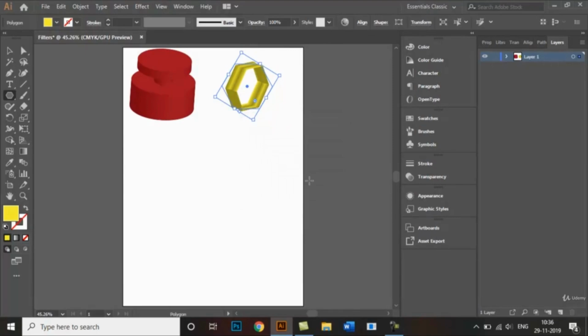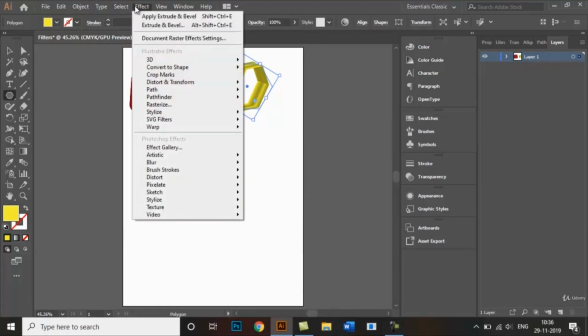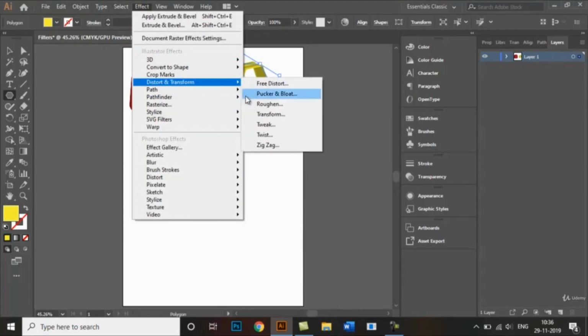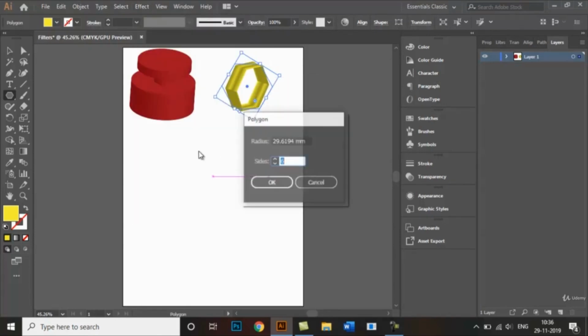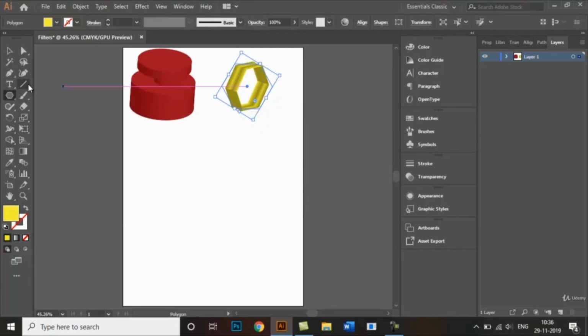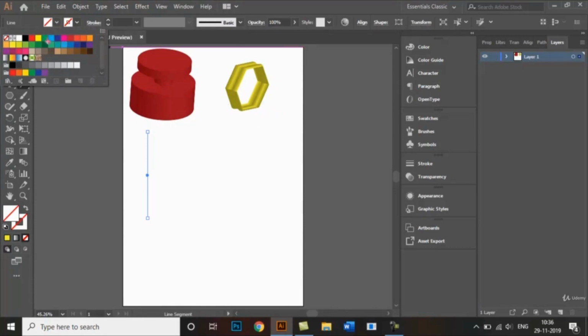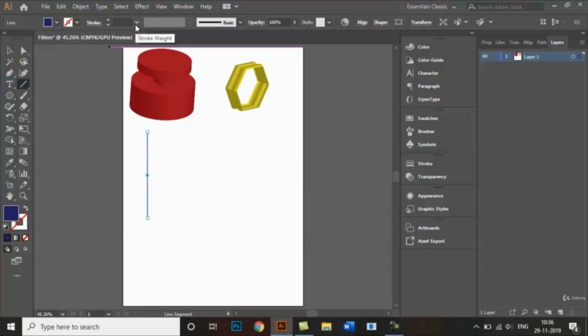Now for the last Adobe Illustrator effect that I will be showing you is the zigzag right here. For that, we have to first make a line. We click on the line tool and make a straight line like that. So I'll also choose the color of my line. Let's take dark blue this time,